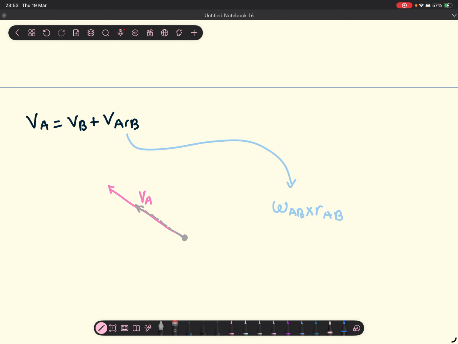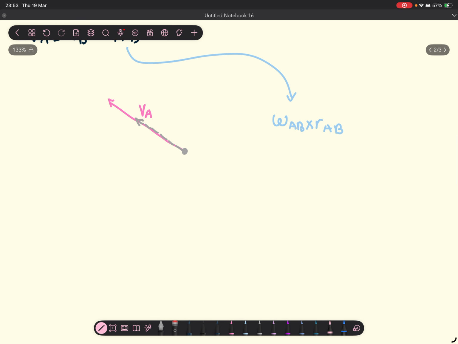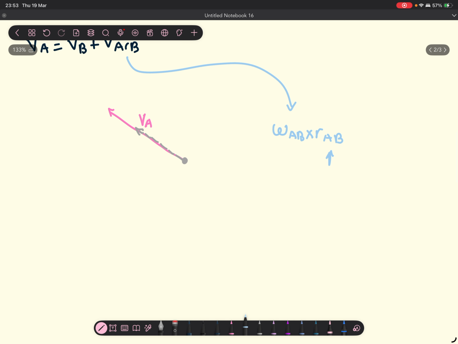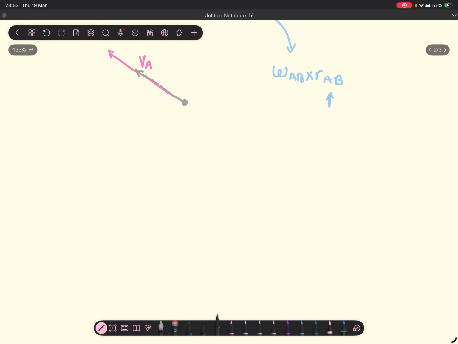Okay, so let's draw VA and VB, and let's draw in this RAB to get a better idea of how the relative velocity would look, right? So I'm going to draw in point A,